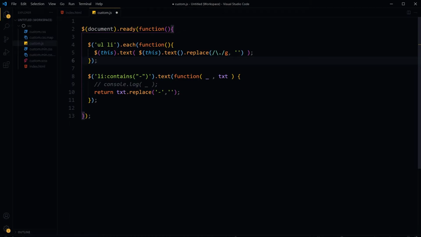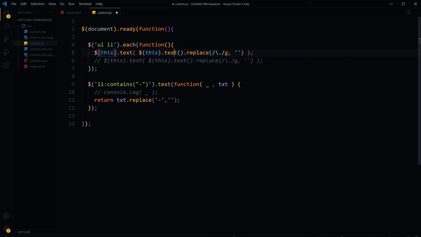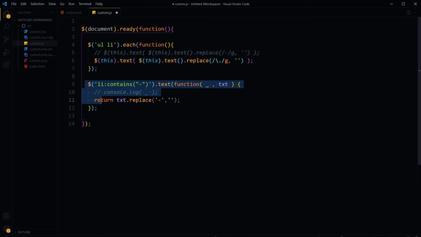So you can do something like this by using a regex expression. Or you can do something like this, contains CSS selector. But in both scenarios, replace is being used.